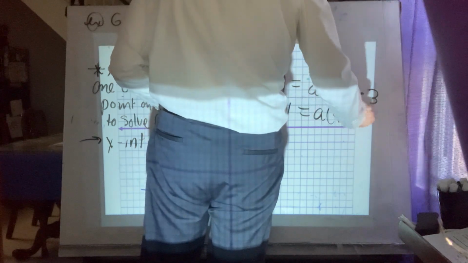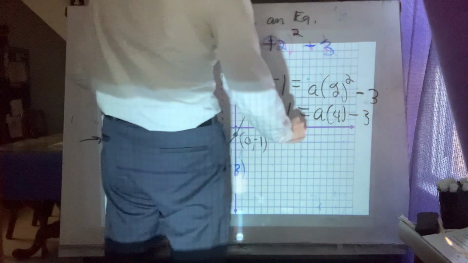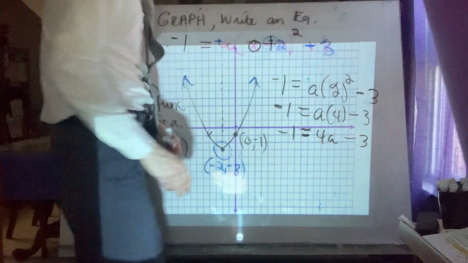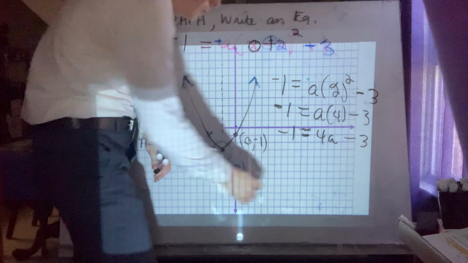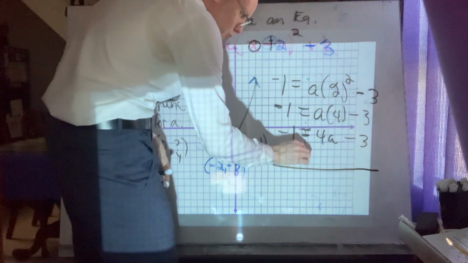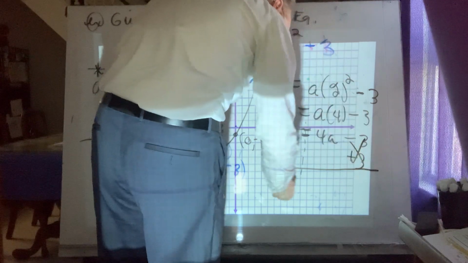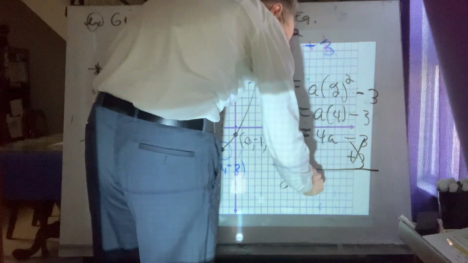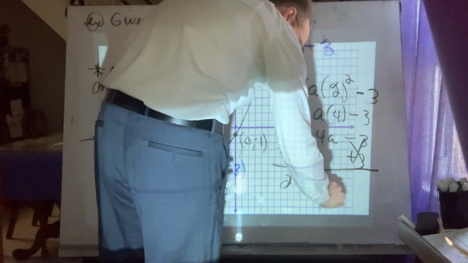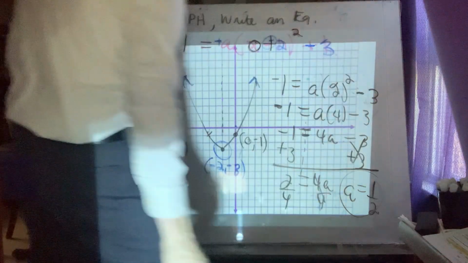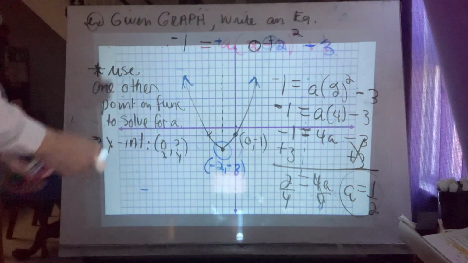This is a 4 minus 3. -1 is equal to 4a minus 3. And then you have a linear equation that you can just manipulate the normal way, build a little table. Add 3 to scoot it over to here. Cancel. This would be positive 2 is equal to 4a, and then you would divide by 4, and then you get a in simplest form is a half, and that ends up being a positive. Which means